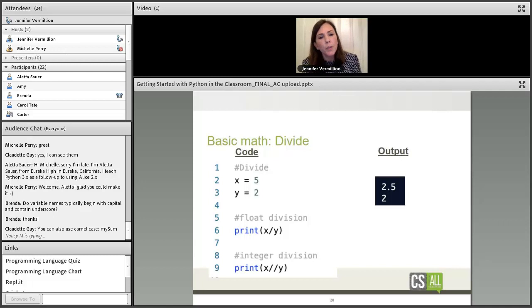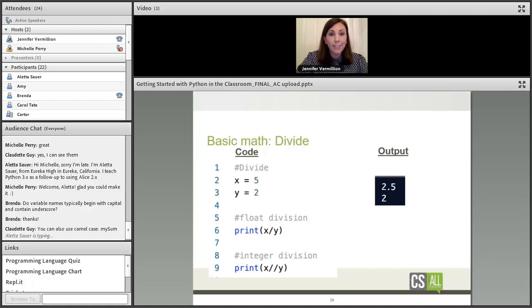And then division is interesting. So there's actually 2 different division operators that I'll have students learn early on. The first one you'll see is float division. So in this example, we know that 5 divided by 2 is 2.5. So when you use the single forward slash, that's going to output a float value, which is the accurate float value. There is a way, if students are ever writing a program, say they were trying to figure out the